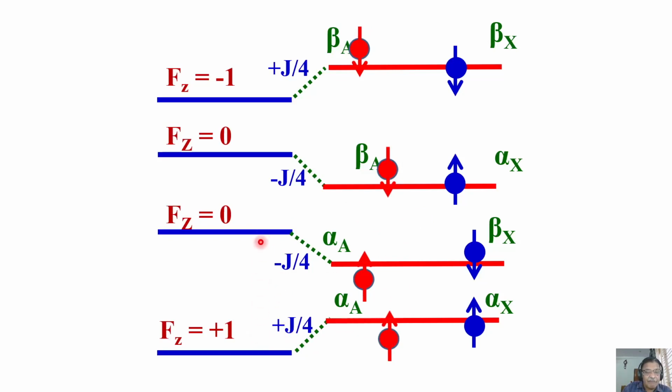So if this is the chemical shift of mine, what is less frequency? Less frequency is to the right. So this peak comes to the right. What about this peak? This is higher frequency, move to the left. So in the center, the peak which was there split into 2, and one peak moved to the right side, one peak moved to the left side by the same amount. This moved to the right, this moved to the left by j by 2, this moved to the right by j by 2. And what is the difference between these two peaks now?